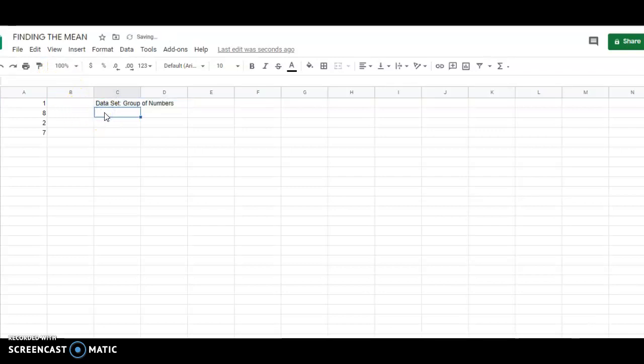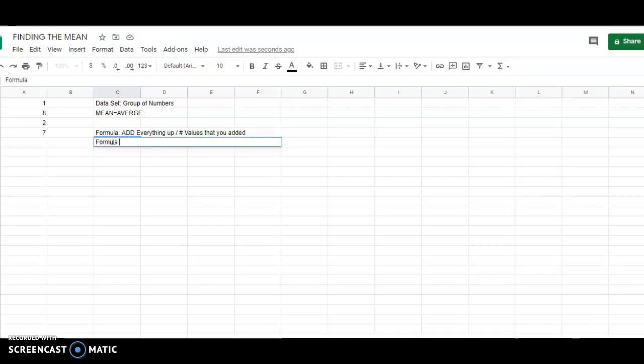Well, today we are looking to find the mean. What is the mean? That's the average of this group of numbers. Of what? Our data set. There you go. Now you're sounding like a mathematician. Now the formula for finding the average is what? Add everything up and then divide by the number of values that you added, right? In statistics,